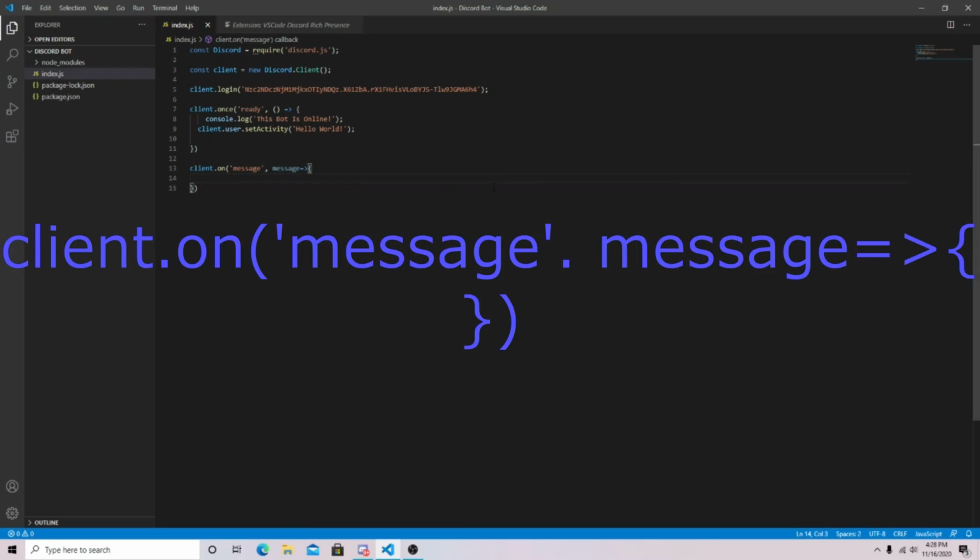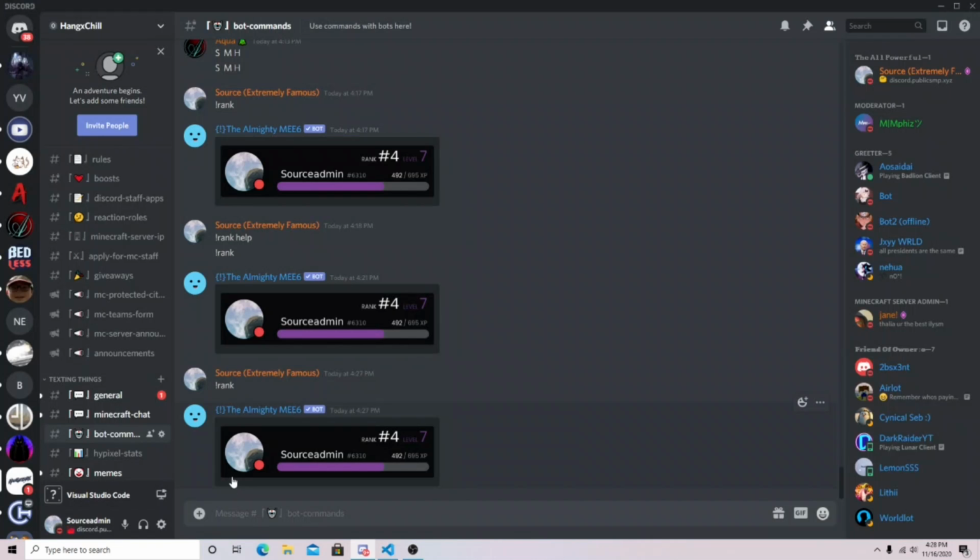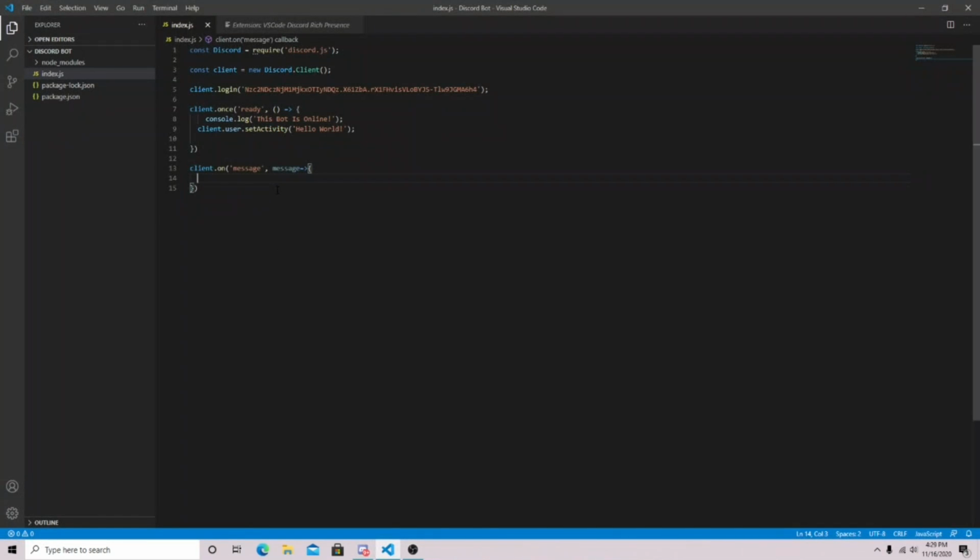But before we start making commands, we're going to have to work on arguments. In case you don't know what arguments is, basically if you want to have a bot, you're going to have to teach your bot to respond to arguments. So if you have @rank and then help, basically the argument is which one you want your bot to respond to. So for example, rank right here is argument 0. Help is argument 1, and hi is argument 2. So basically it just goes up from there. We're going to have ours respond to 0,